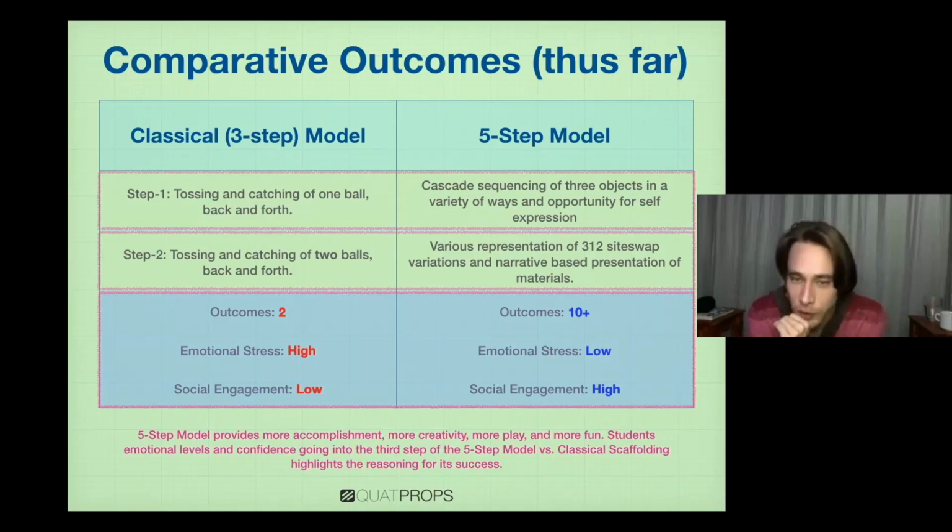More accomplishment, more creativity, more play, and more fun. Students' emotional levels and confidence going into the 3rd step of the 5-step model versus classical scaffolding highlights the reasoning for its success. So just as you start to use this approach too, and you'll see if you're someone who has used the classical model, it's a playful environment. It's a learning environment where people are not afraid to try and make mistakes, and that's what they need to